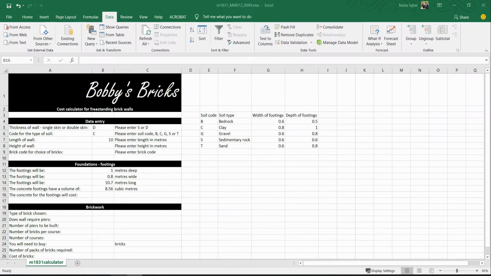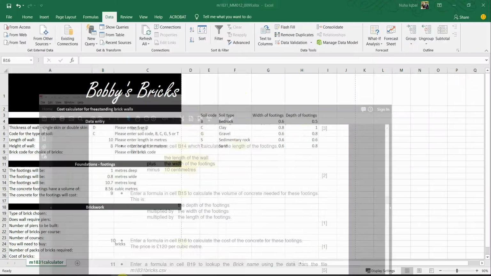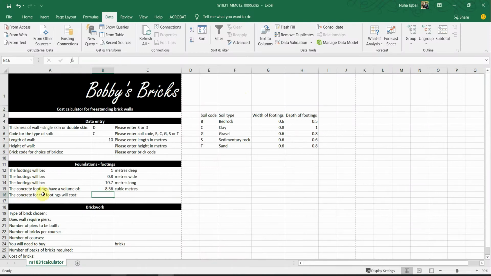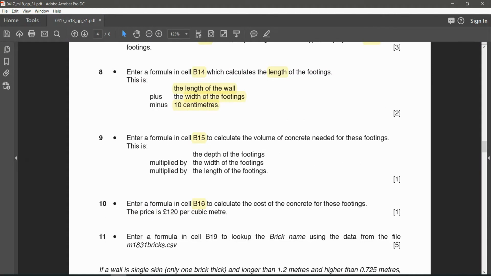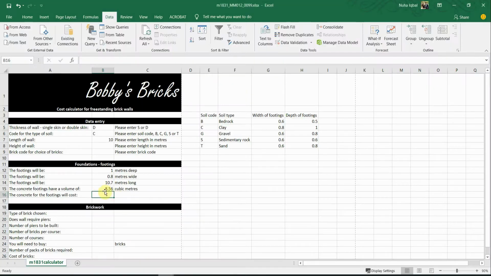Okay, so let's go to the next question, which is B16. Enter a formula in B16 for how much the concrete for the footings will cost. So again, cost is a currency, not to forget it. To calculate the cost of the concrete of this footing, the price is £120 per cubic meter. So here is the value, the concrete, which has per cubic meter. If we need to calculate its whole cost, we have to multiply each cubic meter by 120